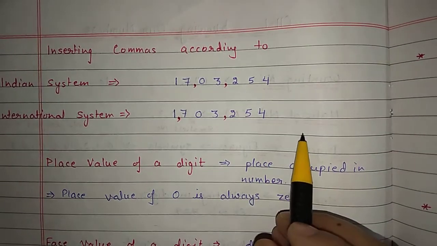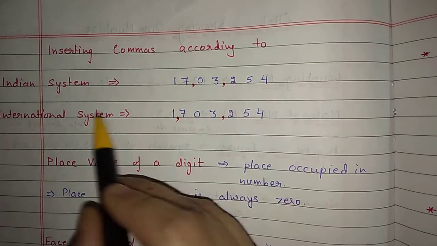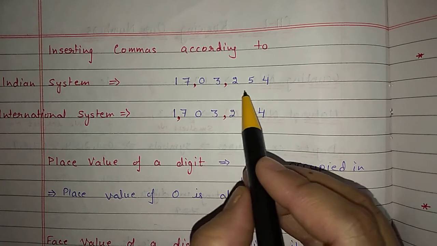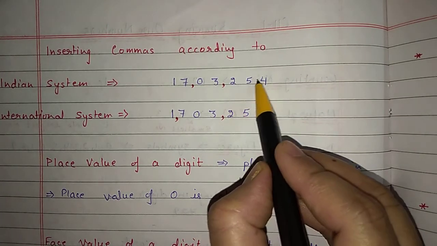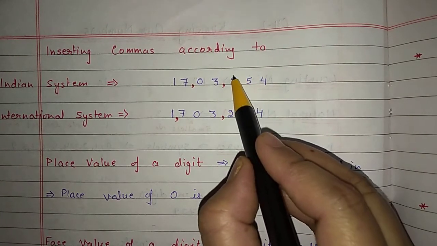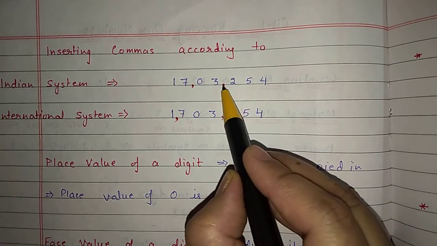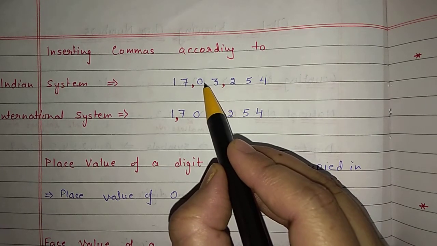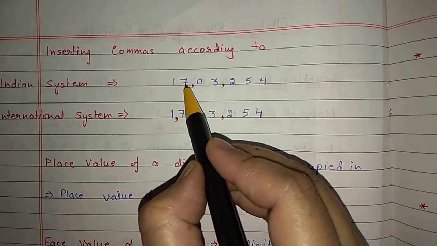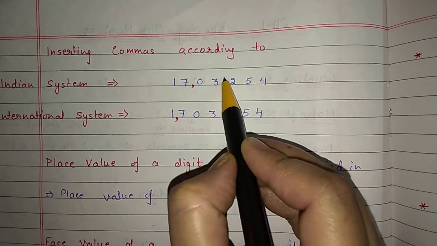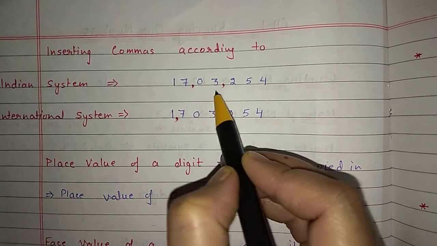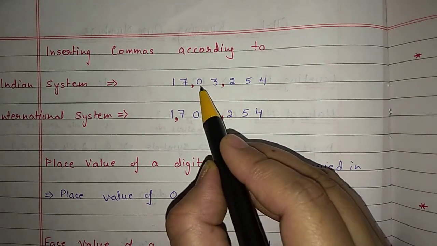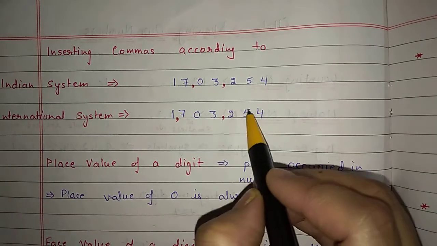After that, we have inserting commas according to the Indian system and the international system. Commas we use to separate the periods. According to the Indian system, the last three, 1, 10 and 100, will come in the ones period. So after these three, 1 comma will come. Then the next period will start, 1000, 10,000. Then 1 comma, then lakh, 10 lakh. After each period we have to put a comma, and we will start from the right side. So first 3, then 2 and then 2 and 2, and so on like that.